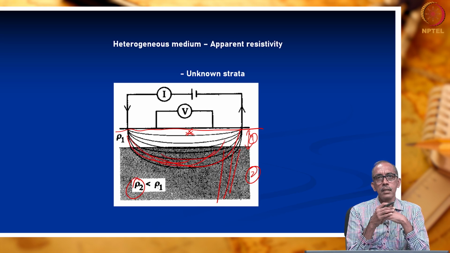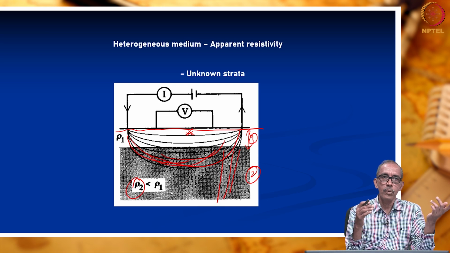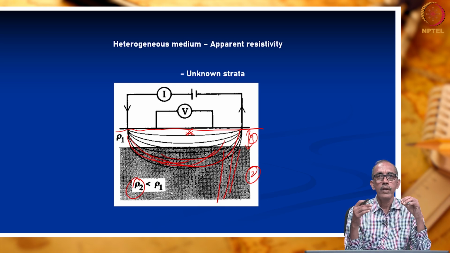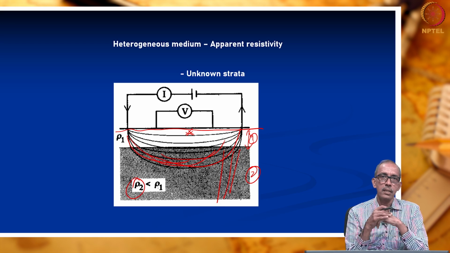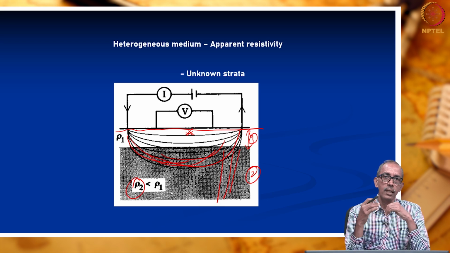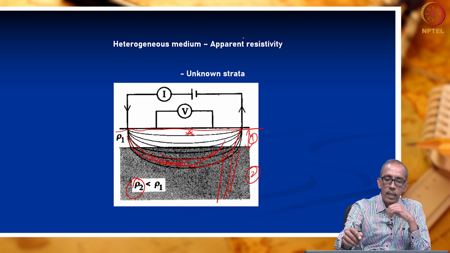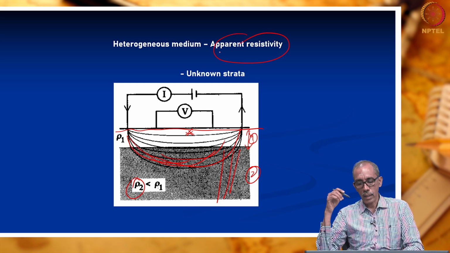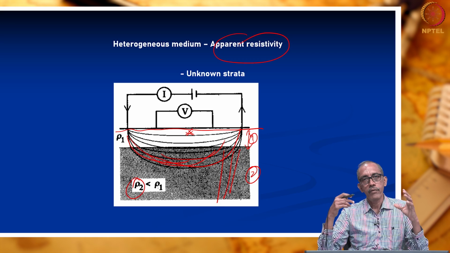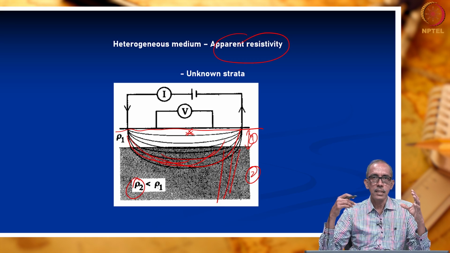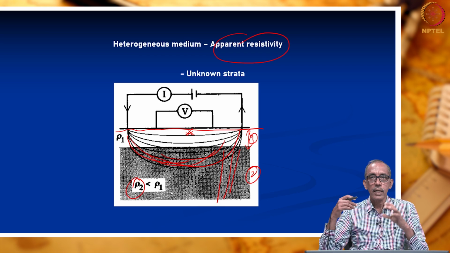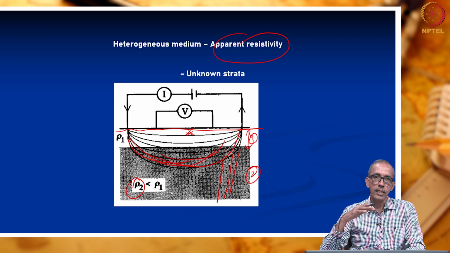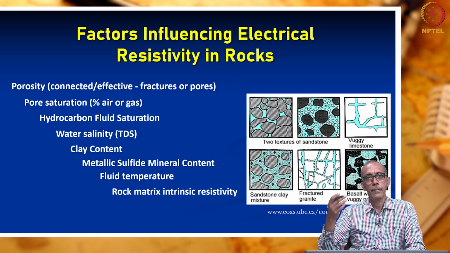This is another complexity. In both the cases, whether homogeneous or heterogeneous, we are unable to measure the true resistivity of the formation. So the resistivity which we measure is only referred to as apparent resistivity. Hope it is clear to you now, right? We had initially seen what is resistivity, then we had seen what is apparent resistivity. So when we measure the resistivity of the subsurface using the techniques which we are going to learn soon, what we are measuring is only apparent resistivity, right?